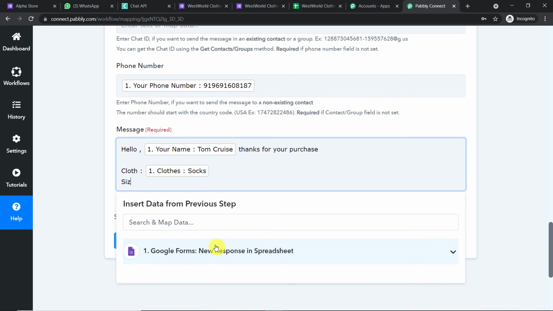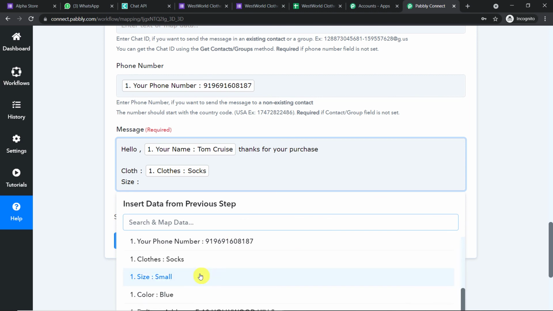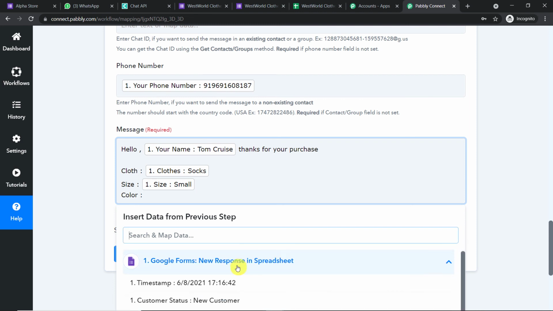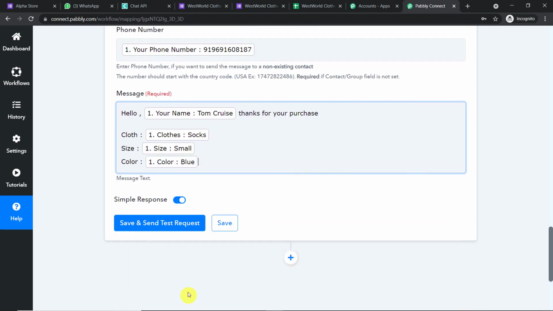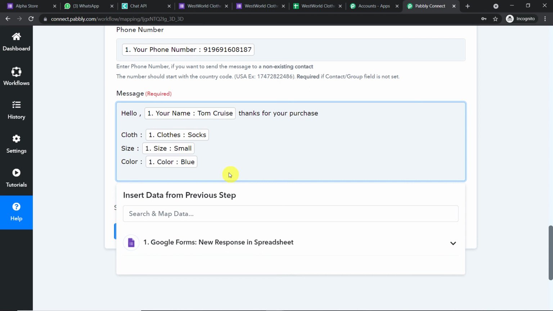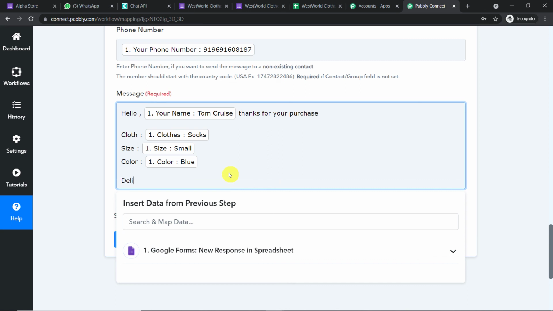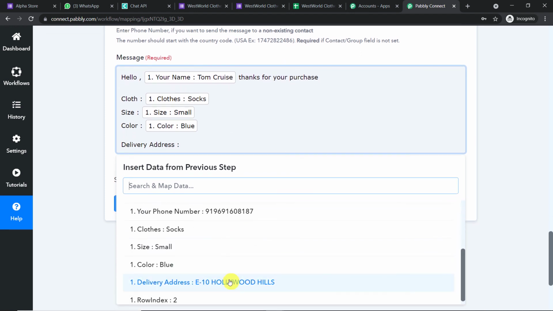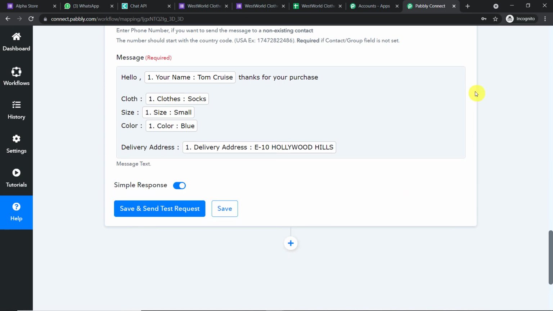Size. Small. Color. Okay, the color he wants is blue. And delivery address. So let me just map the delivery address. Okay, so we have entered all the details.